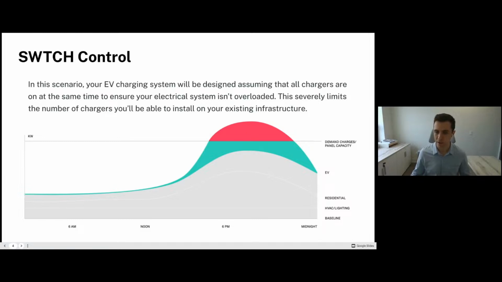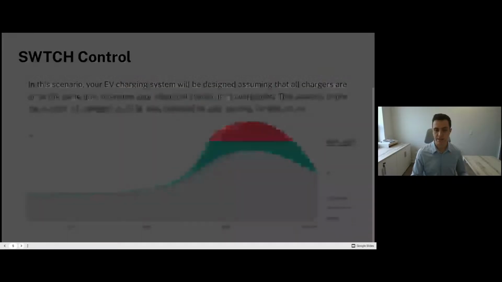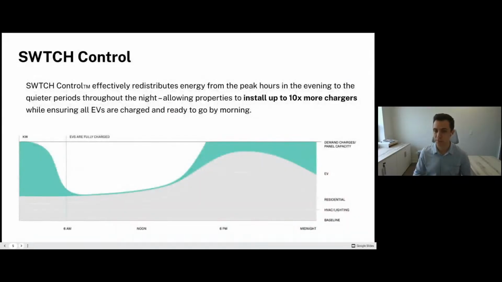To install more power, increase the thickness of the pipe, so to speak. It's actually to control when charging happens, because if we design for the peak, things get really expensive and we're forced to make trade-offs, versus if we take advantage of the time that the vehicle is spent in the building. In this graph here, we can see the area under the curve is more than enough to charge every vehicle